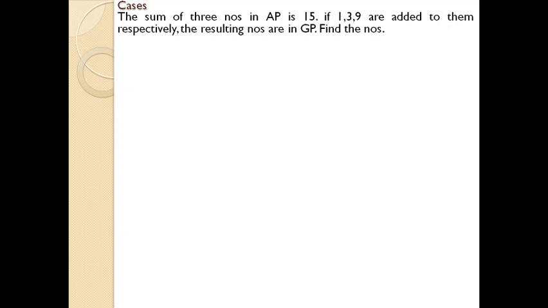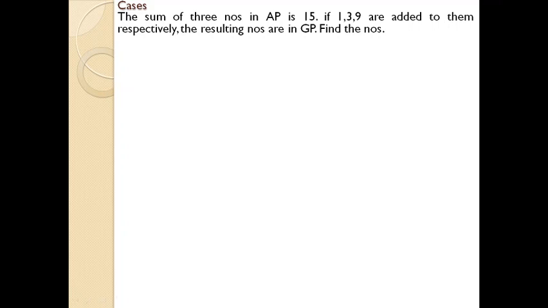Here in the question it is said that the sum of three numbers in arithmetic progression is 15. We all know how to deal with it when the sum of three unknown numbers is given. You need to do some peculiar steps. And in the second part it is said that if we add 1, 3, 9 to those three unknown numbers, the resulting numbers will be in geometry progression. It's an application form, a mixture of arithmetic progression as well as geometry progression. First of all, let's deal with the first part of the question.